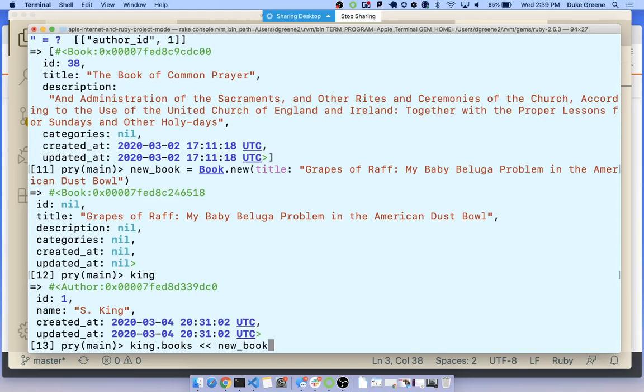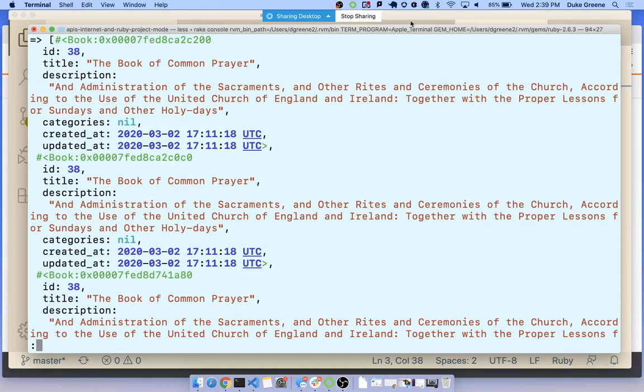Add the book to the array of books. Yeah, it wants me to add this new book to the array of books that would return when I call king.books, right? But how does that array get returned when I call king.books? What has to happen in the database? Let's look. If I call king.books right now,